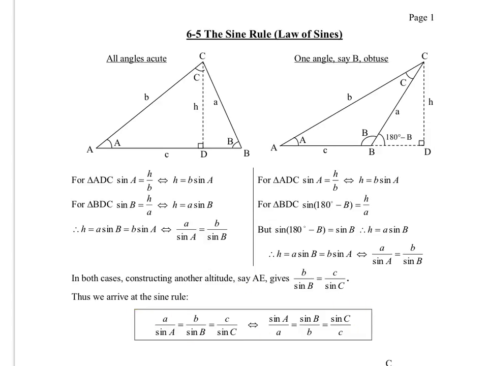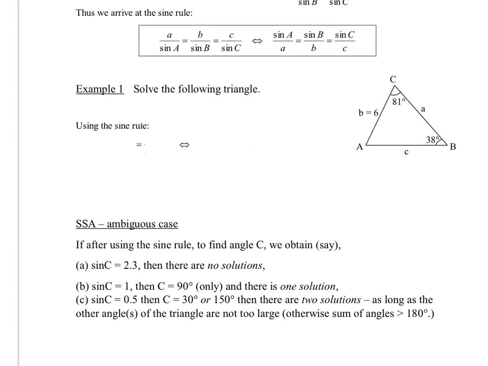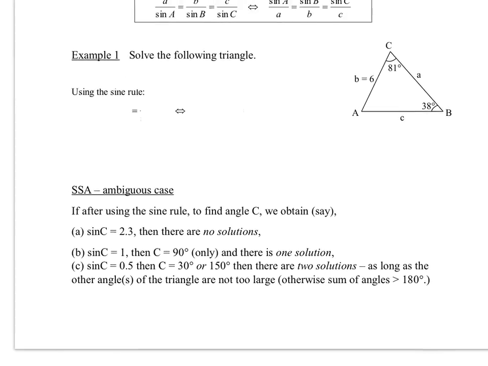So side A divided by sine of A is equal to B over sine of B equals C over the sine of angle C. You can flip those fractions upside down if you like to get this thing here. And it's fairly easy to use. So if you want to solve this triangle here,